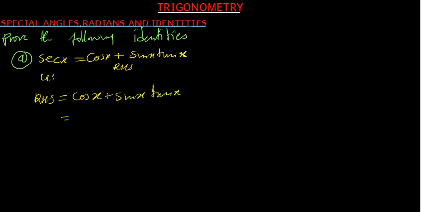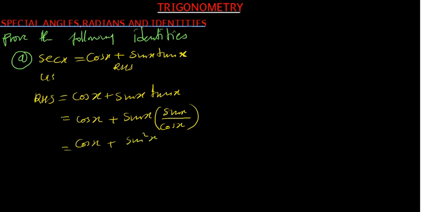What I want to do is make sure that what can be simplified is simplified. So we know that tan x can be written as sin x divided by cos x. So which we can also write as cos x plus sin x times sin x gives us sin squared x